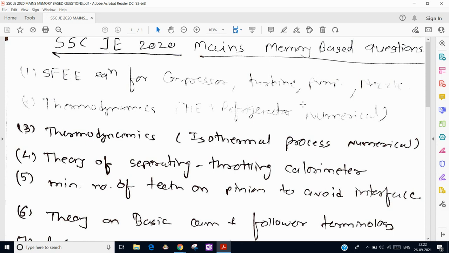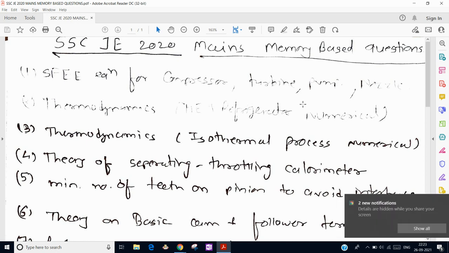The second question was a numerical from thermodynamics with a combined heat engine and refrigerator, in which the heat engine is producing some work and giving it to the refrigerator, and the refrigerator is performing its work. And there were two conditions. One is for reversible, and the second is that the actual COP and actual efficiency are 45% of the maximum efficiency. So we have to calculate two times, one for the reversible criteria and one for the actual criteria. And what we have to find, they have asked for how much heat is rejected from